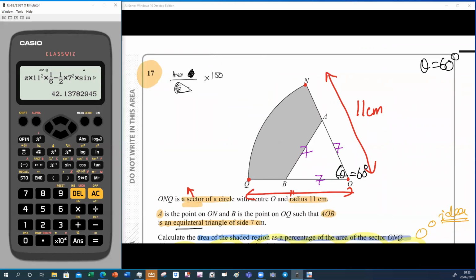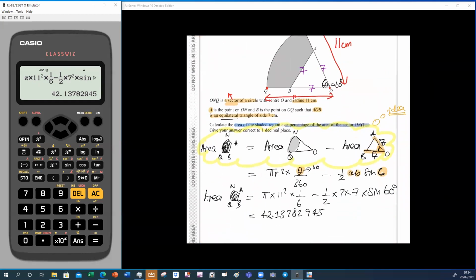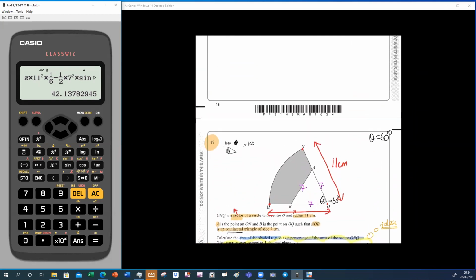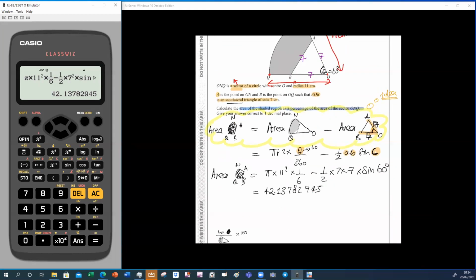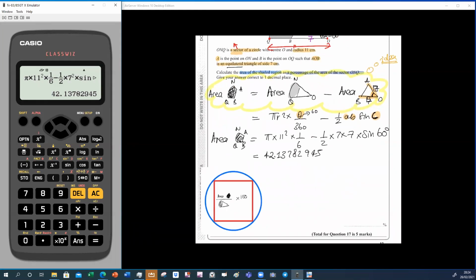Okay, so something's gone wrong here. Let's have a look. No, I think it's right. That's the shaded region. What have you got? 42 point something. Yeah, I think that's the shaded region. So you do that over 63 point something. Give me a second. There we go. So we need to now have that area